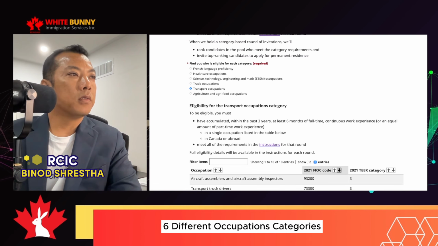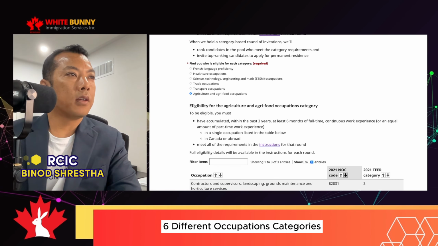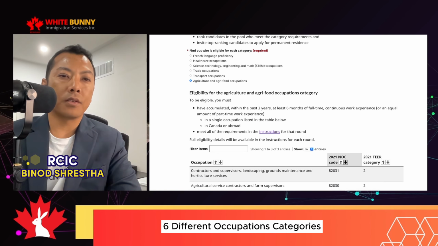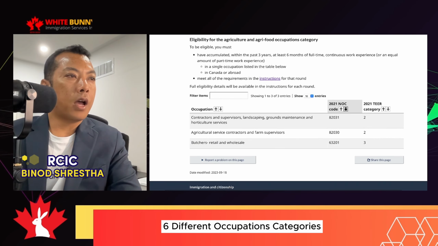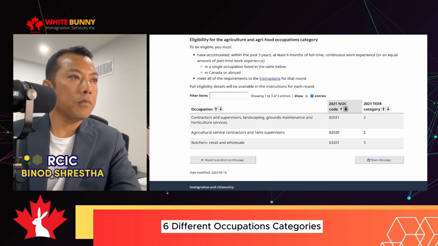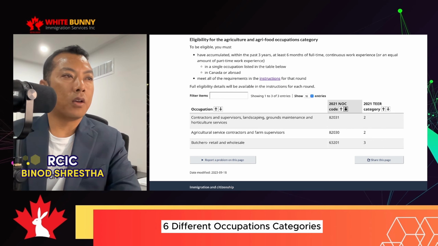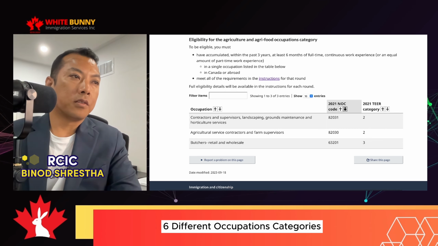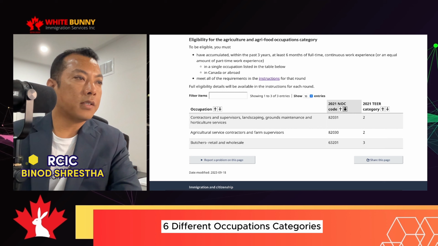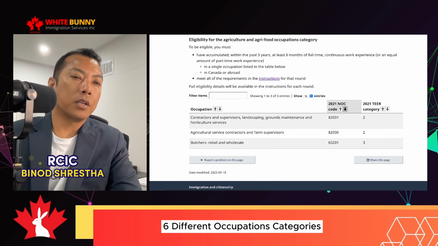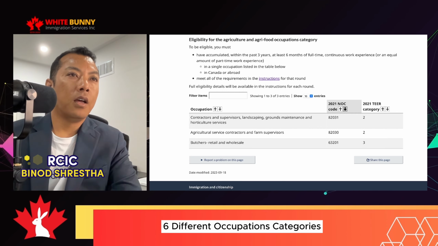So moving on to the last one, this is agriculture and agri-food occupations. Under this, we do have only 3 entries. That means only 3 occupations listed here, 3 NOCs. Contractors and supervisors, landscaping, grounds maintenance and horticulture services, agricultural service contractors and farm supervisors, butchers, retail and wholesale. So these occupations are listed under this